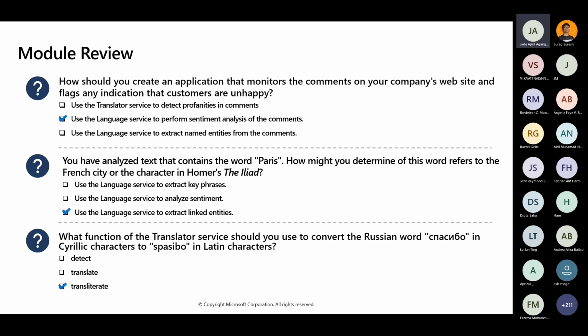Then we have the last one. What function of the translator service should you use to convert the Russian word, which we cannot read, in Cyrillic characters to spasibo in Latin characters? Now we have a foreign word here in this character. Are we going to detect it first, translate it, or transliterate it? Remember that the first thing is it should be detected. Then after detect, what will happen?